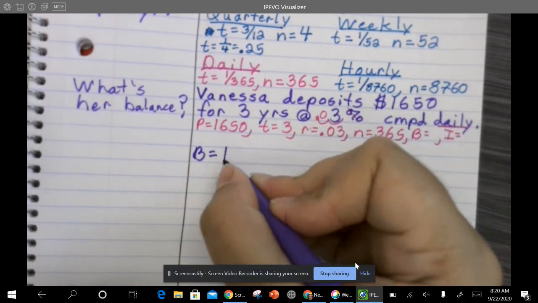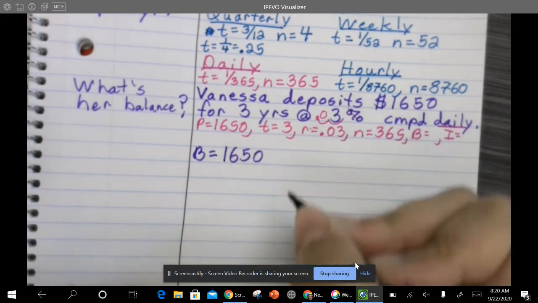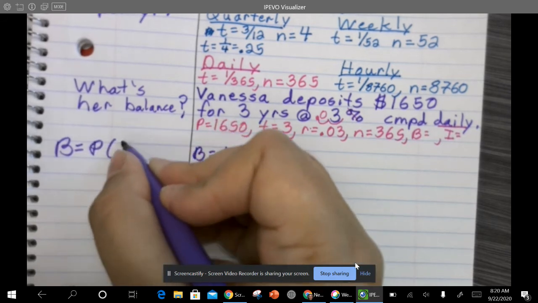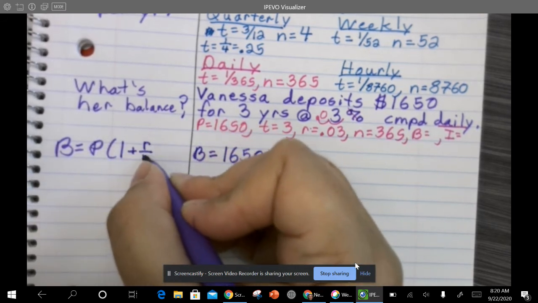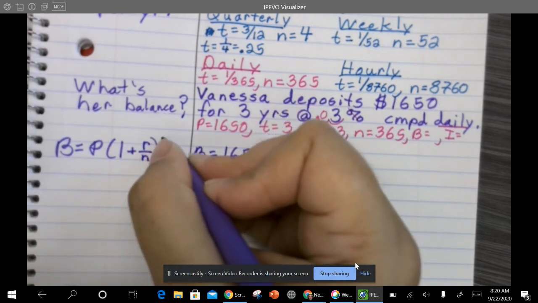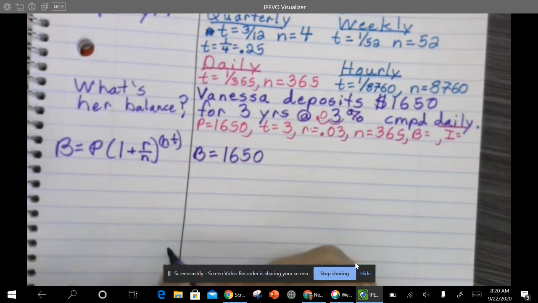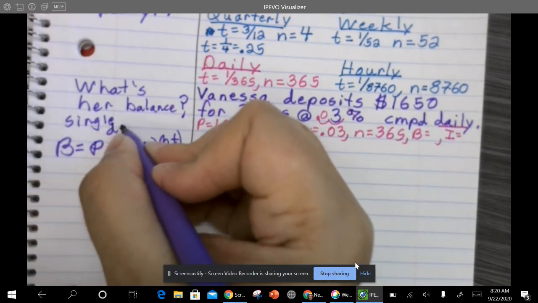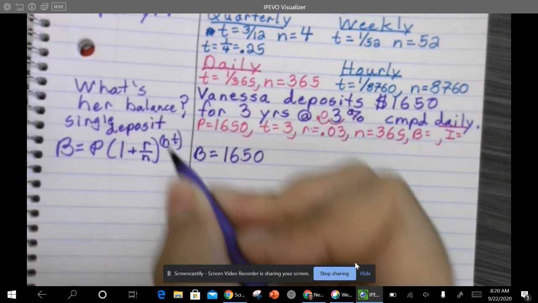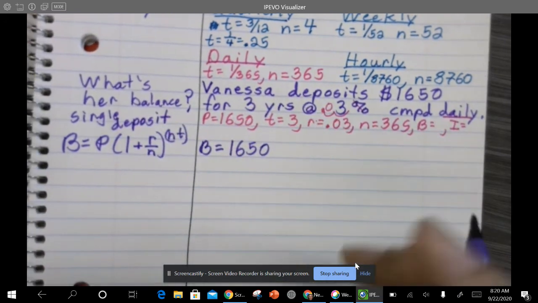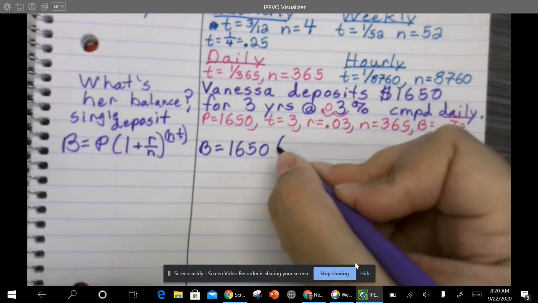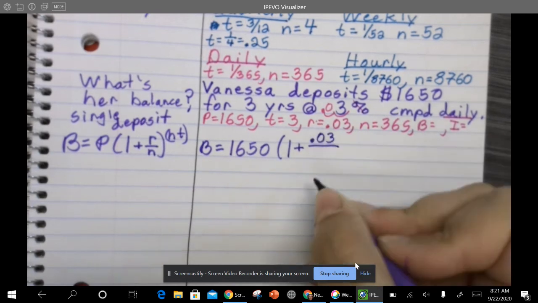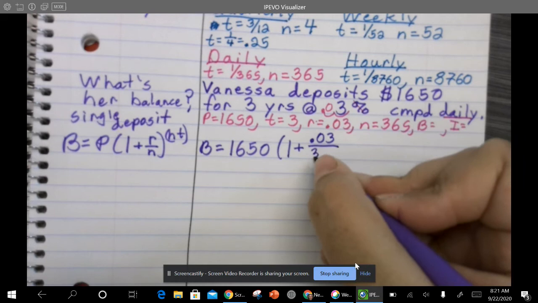So we're going to substitute in principal, 1,650. Okay. I'm going to write the formula again over here. Balance is equal to, everybody, 1 plus, this is for a single deposit. Single deposit balance. So we're going to have balance is equal to, and then 1 plus our rate, 0.03, divided by 365,